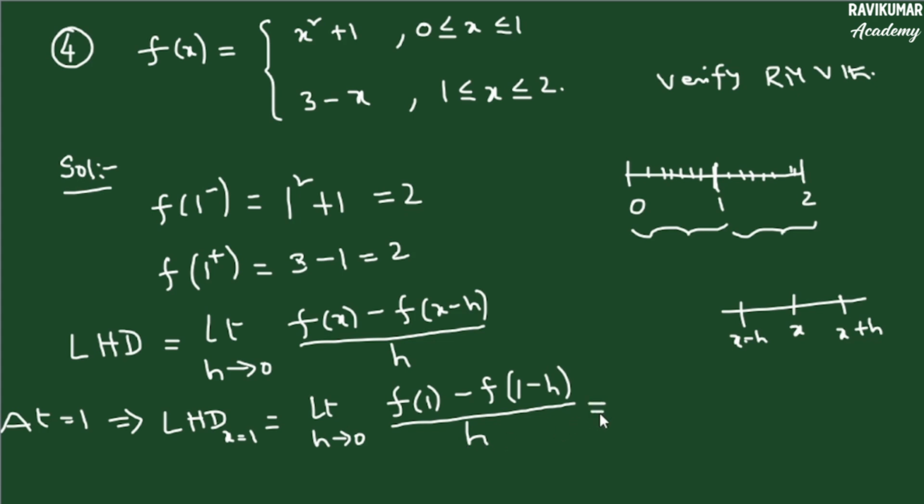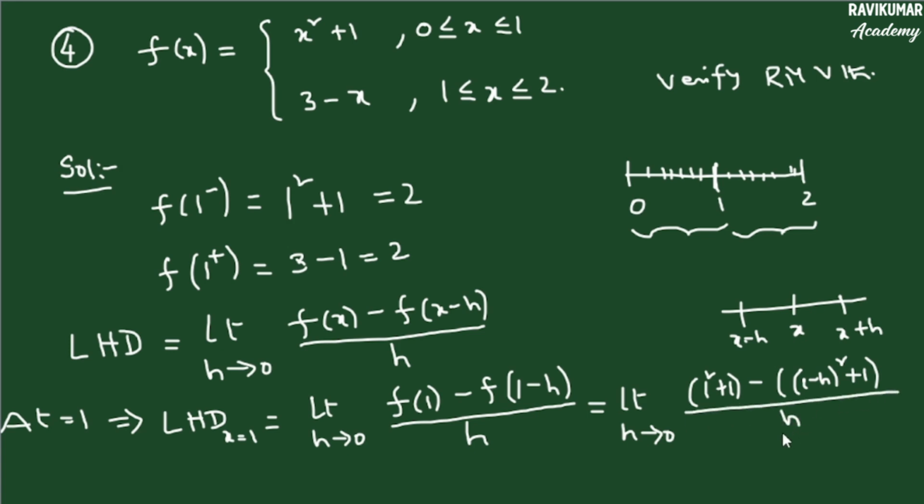So remember, because we are finding the left hand side derivative at x equal to 1, we should consider the first function as f of x. So you are finding f of 1 means you take x equal to 1 in the left hand side function. So it is 1 square plus 1 minus, you substitute 1 minus h in place of x, you will get 1 minus h whole square plus 1